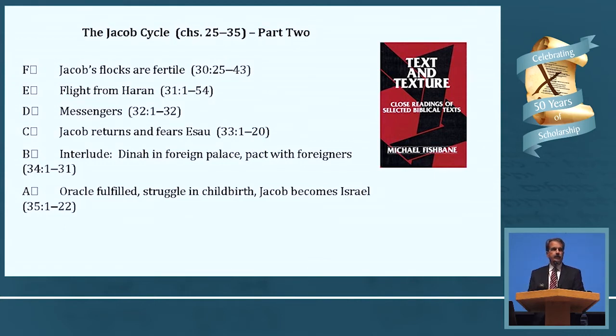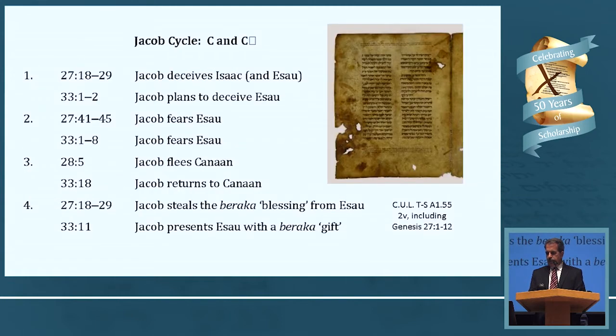As all of this is again developed in a chiastic structure, units C and C prime are the ones I have chosen here to show you on these images. I took almost at random two units, C and C prime, where the same themes that appear in Unit C appear again, which are basically chapters 27 and 33. My favorite of these, I'm not going to go through it in the same detail,